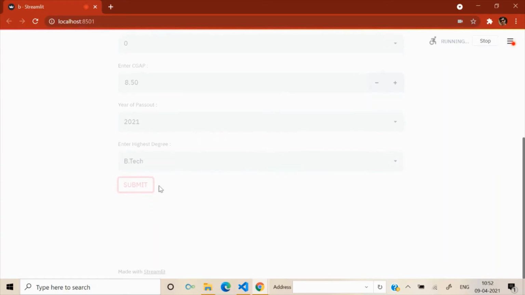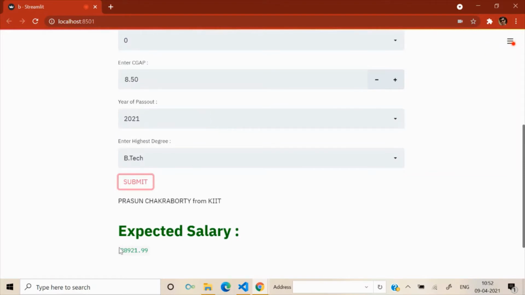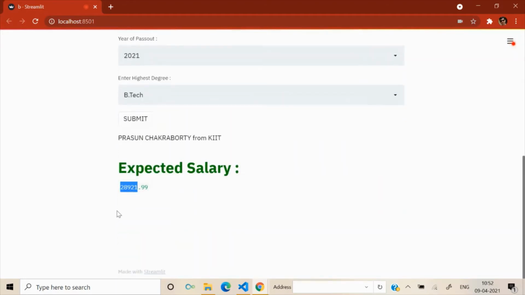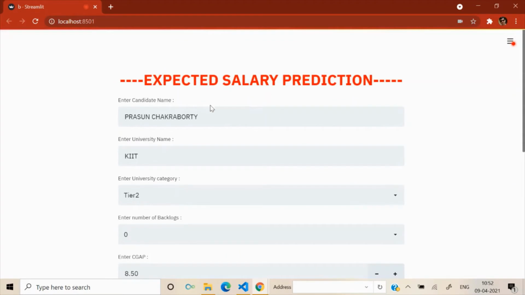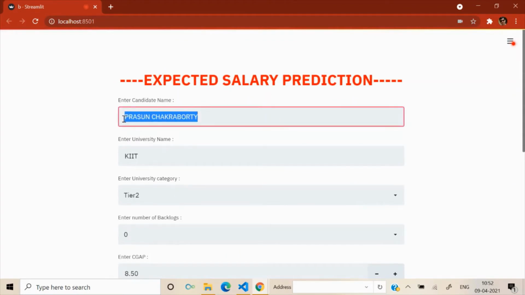the expected salary for this particular candidate. And here, as you are seeing, that person can expect something around 28K based on his educational background from XYZ. This is not his generalized salary. This is only for XYZ organization. Okay, so let's enter another record.